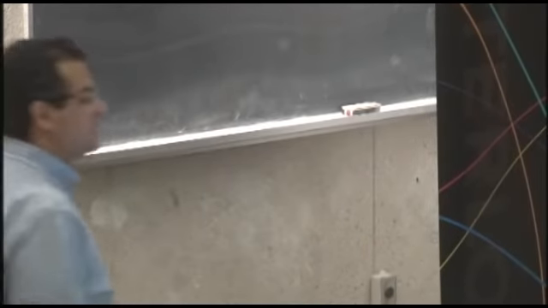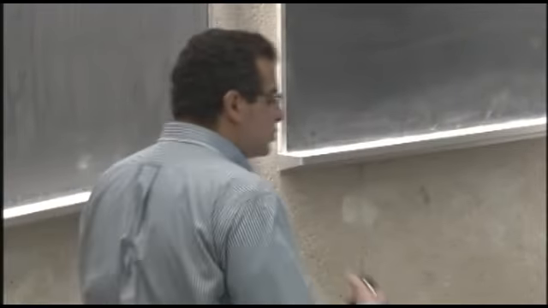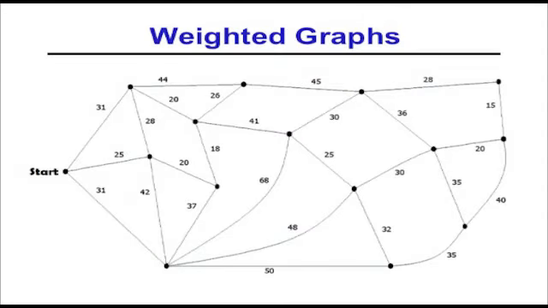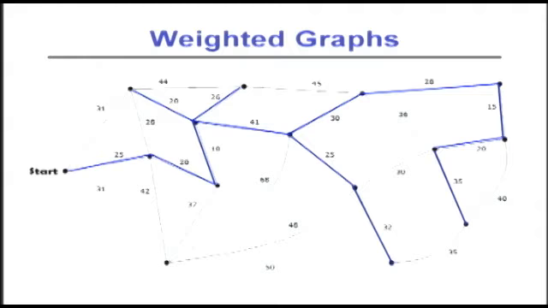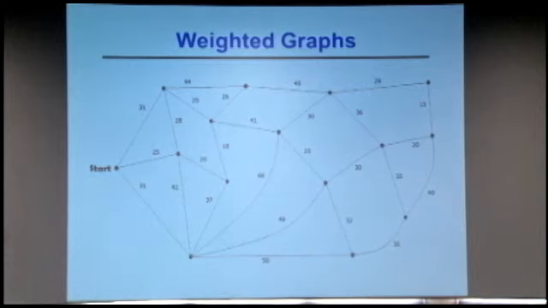So let's make things a little bit more interesting. Let's add weights on the graph. If you go to the next page in your activity, you'll see that this is the same graph, but now I've added numbers on the edges. And these numbers represent weights for the edges. So for example, if this were a road network where every vertex is a city and an edge is a highway connecting two cities, then these numbers might be the distances of the highways. Going back to our web crawling example, these numbers might represent the speed of the link,